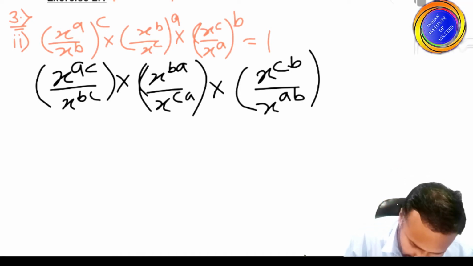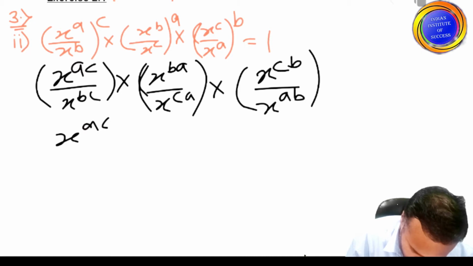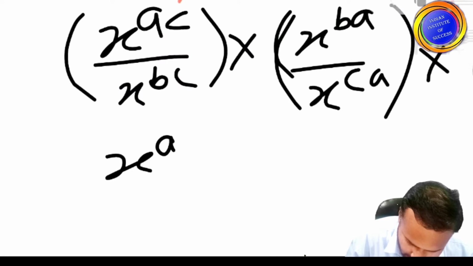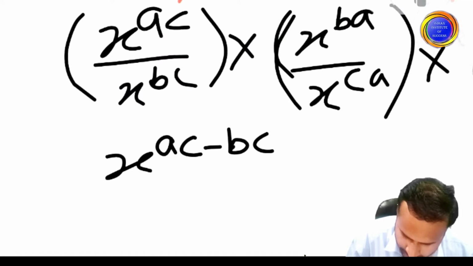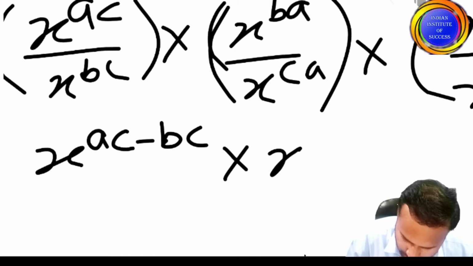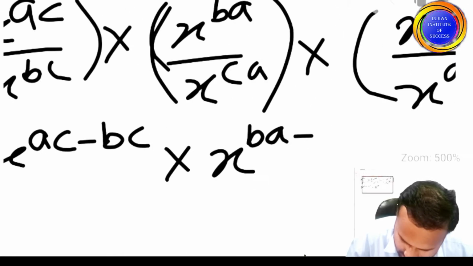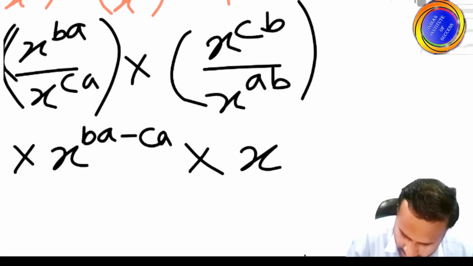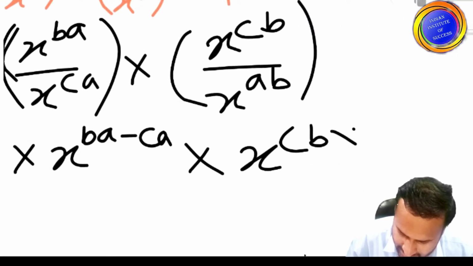So it will become x raised to power ac minus bc. Now here also x raised to power ba minus ca, into x raised to power cb minus